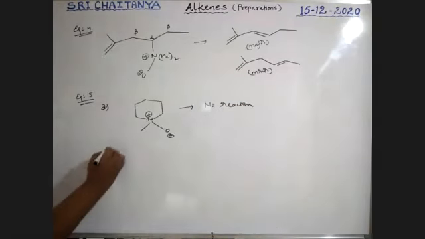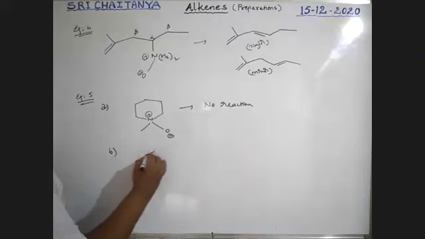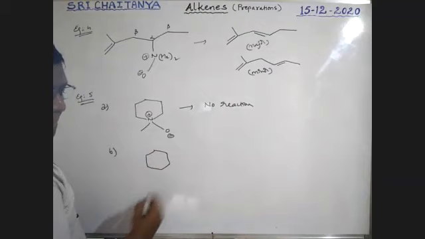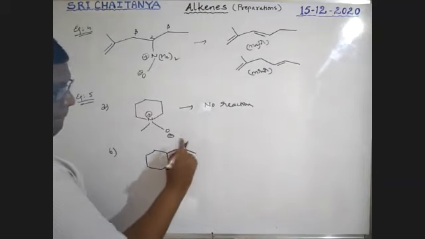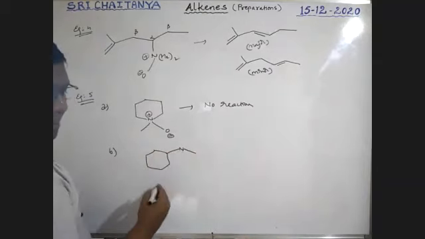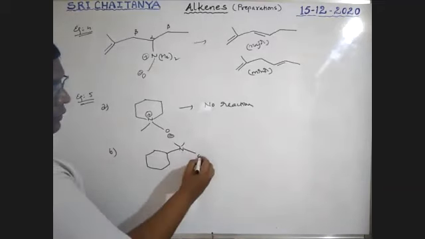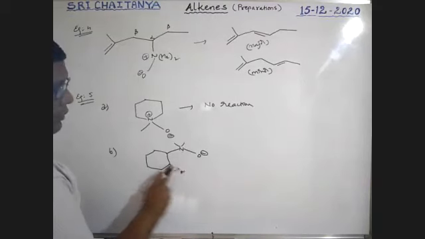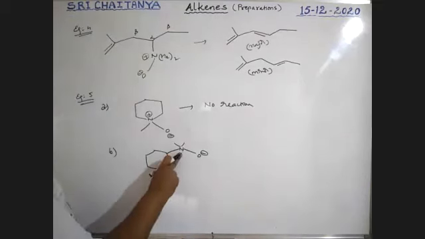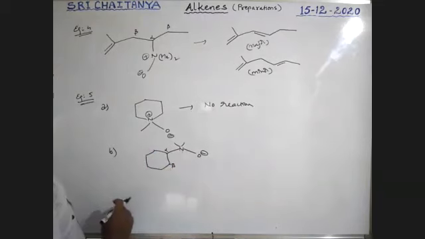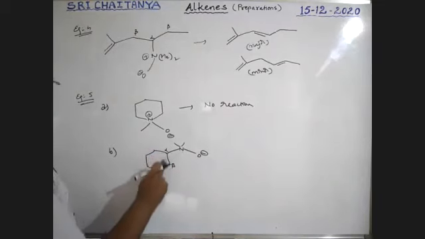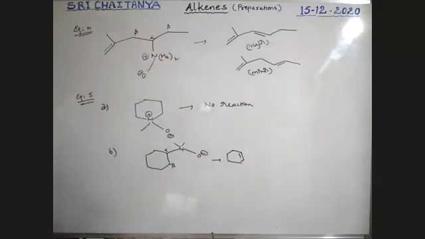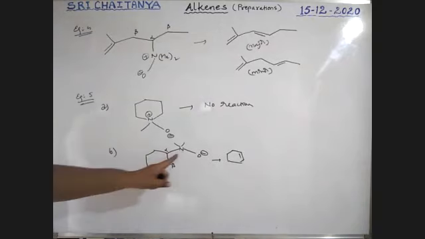No reaction takes place. For example, if the compound is like this, this is nitrogen. Here are two alkyl groups. This is O minus. This is hydrogen, boys. Now this is alpha. This is beta, boys. So between alpha and beta, there is a pi bond formation. It is possible, boys. That is, the remaining part is eliminated.